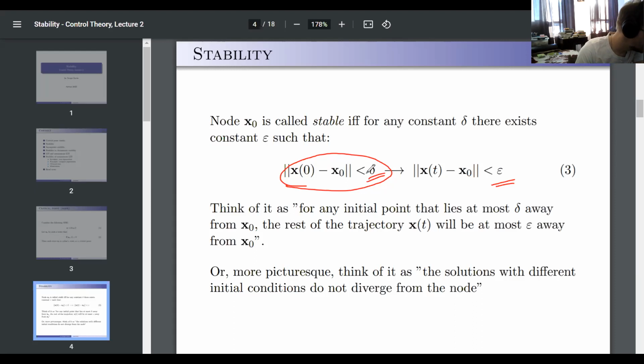Question in the chat: you stated a critical point is a state that does not change with time, right? Yes. A critical point is a state which itself does not change with time. Let me make one more drawing. Let's say that is x naught. The solution that starts directly from x naught is going to stay at x naught. But solutions in the initial vicinity can, for example, do something like this. They change. x naught itself does not change. Correct.